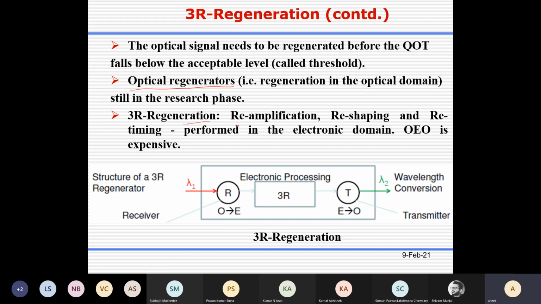So what is there in 3R regeneration? Reamplification, reshaping, and retiming. Reamplification means the signal power has become a very low value, so you increase the signal power. Reshaping means, let's say you wanted to transmit this.